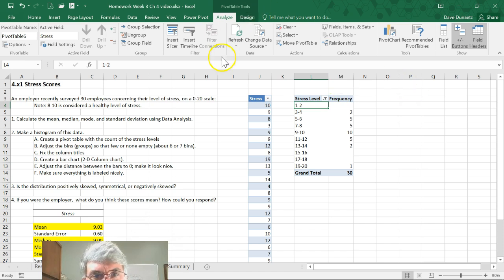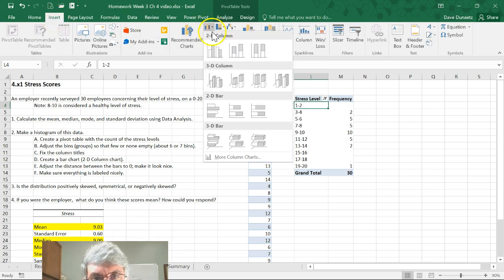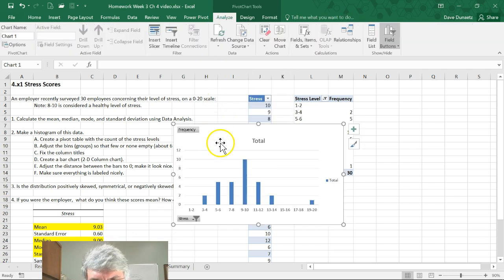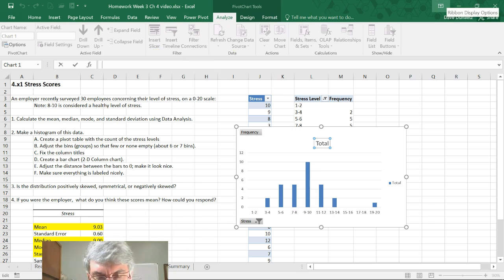And now I want to make this into a histogram. So while I click a cell in the table, I'm going to go to Insert, and I'm going to go to Charts. I'm going to choose a bar chart, and I choose the first 2D column, and we have a chart here that's a bar chart, and we need to fix this up. Let's change the title. Click on the title, go into the data bar, and I'm going to call this Stress of Employees,